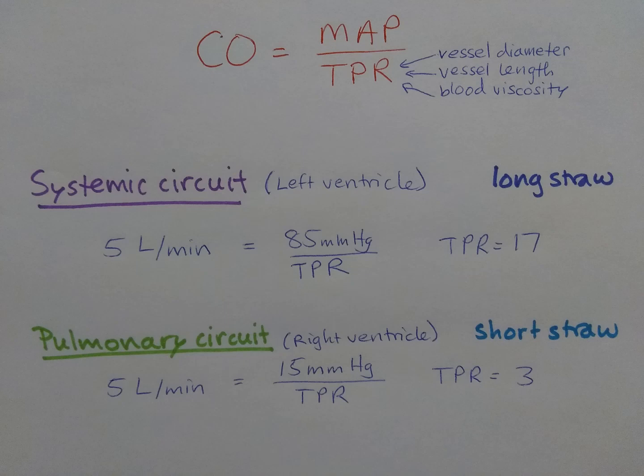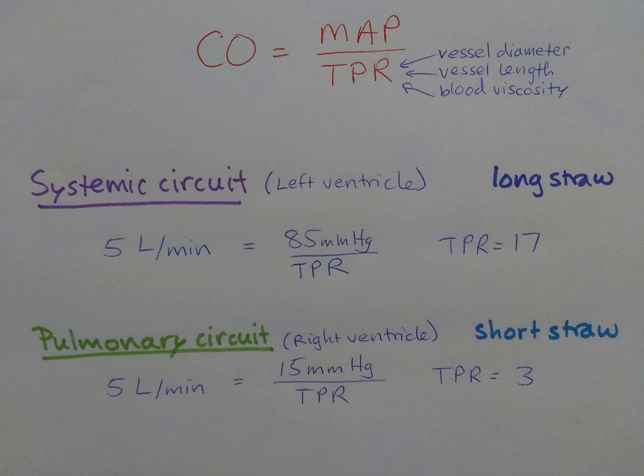So if we take a look at the systemic circuit, remember that's the left ventricle pumping blood out to the rest of the body and then going around, and then it gets delivered back to the right side of the heart. If we take a look at the flow rule here and we solve for the total peripheral resistance for the systemic circuit, the cardiac output at rest of the left ventricle that serves the systemic circuit is 5 liters per minute. And our mean arterial pressure is 85 millimeters of mercury. If we solve for the total peripheral resistance, you can see that our resistance is 17,